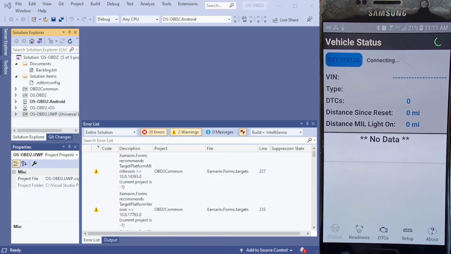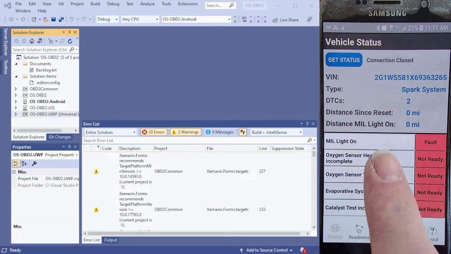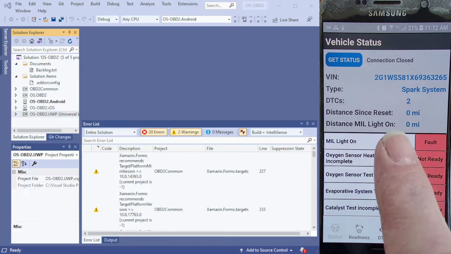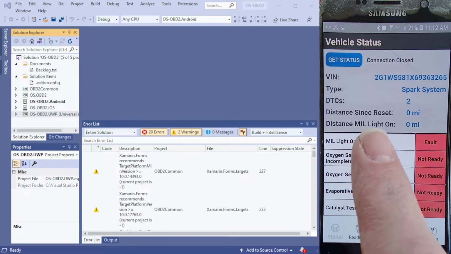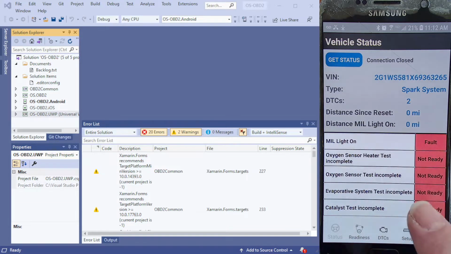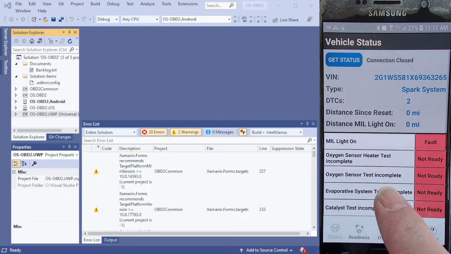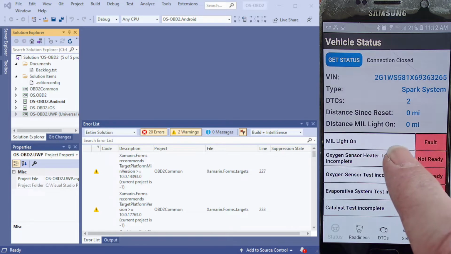So let's get the status on the first. So I have a couple of pages. I'm on this first page. It gives you general status of your car. Gives you some general information. Now, this car, because I've been playing with and creating codes, hasn't traveled and hasn't gone anywhere since the codes were reset and the light was on. And basically, we're seeing some diagnostic tests that always are run, and then, of course, an indication that there's a